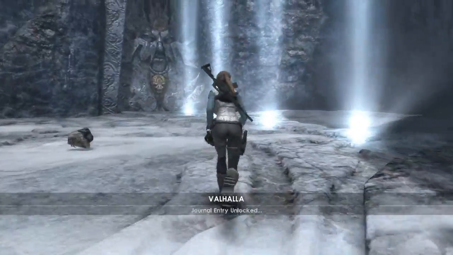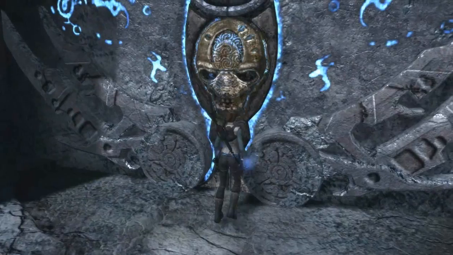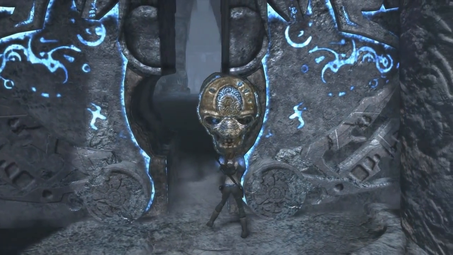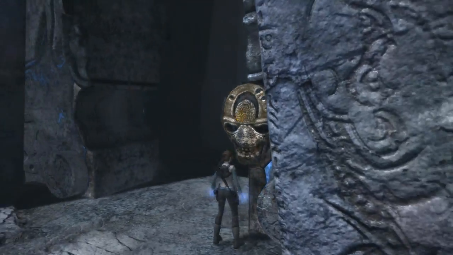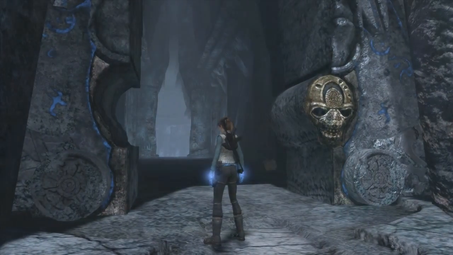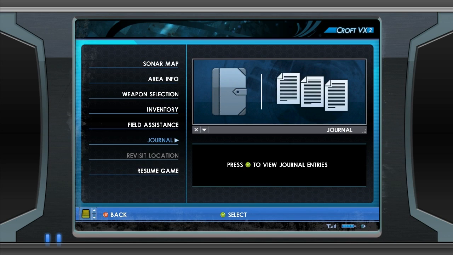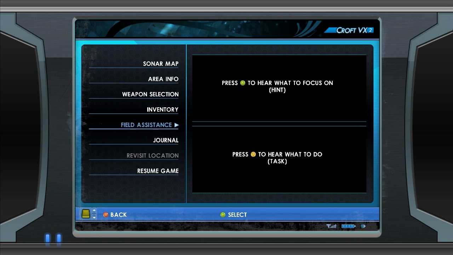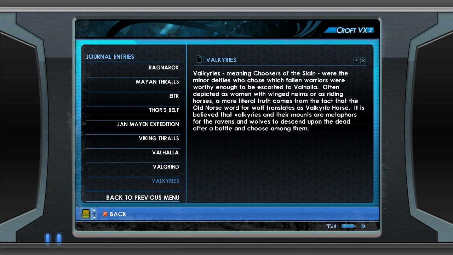Valhalla, journal entry unlocked. Now that these lights are here, for whatever reason, that means we can activate this and open it, which we couldn't do before. And we come into a big chamber that, for me, this room we're about to go in was one of the only things I remembered about Underworld for the longest time, until I started thinking about it a bit more. It's maybe because I spent so long in here looking for the relic, because the relic's in this next room. Anyway, journal. The Valkyrie...